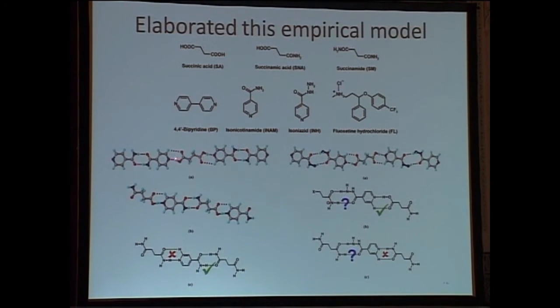And these are the results with nicotinamide. The first one, the succinic acid, is always giving a co-crystal. The second one, in the case of nicotinamide, gives a co-crystal. And the third one, which is the amide, gives a eutectic. In the second case, isoniazid, where the interactions are somewhat weaker, the first partner, which is succinic acid, gave a co-crystal. The second and third were eutectics.